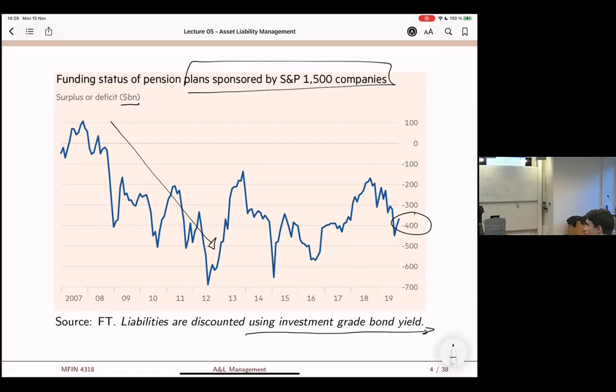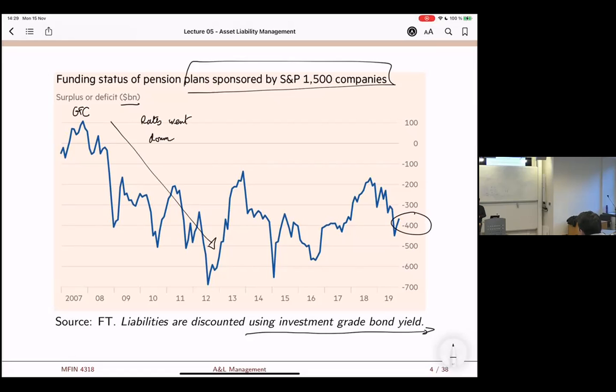Yes, please go ahead. Due to the low interest rates. Yes, exactly. If you remember the yield curve that I showed you, what happened in 2007? Well, there was the financial crisis, right? So here there was a financial crisis. Now, of course, you might say, well, there was a financial crisis, so the value of assets also went down, right? Which is totally possible. But really, the big development that happened in the interest rate market is that the interest rates went down, right? So okay, so that was the big development after the financial crisis, and we know that interest rates have been staying low